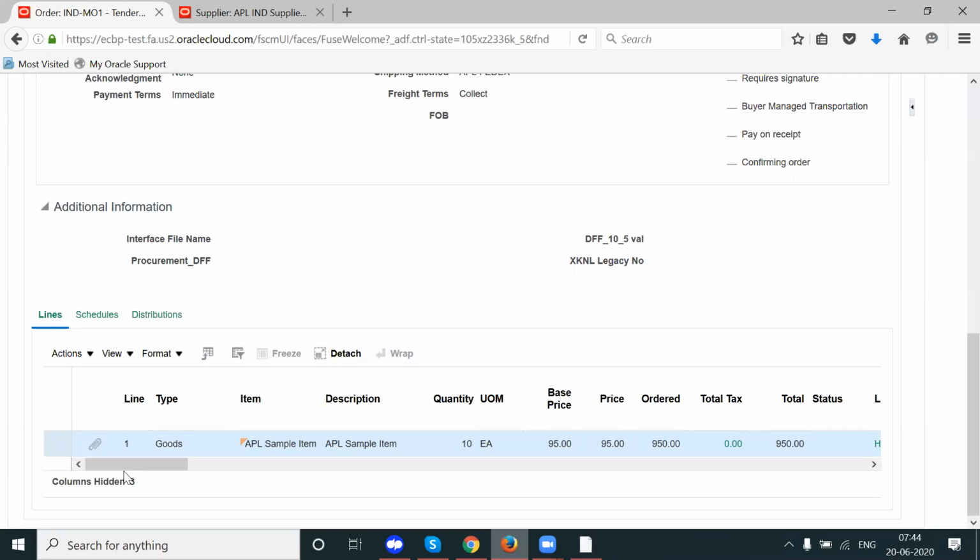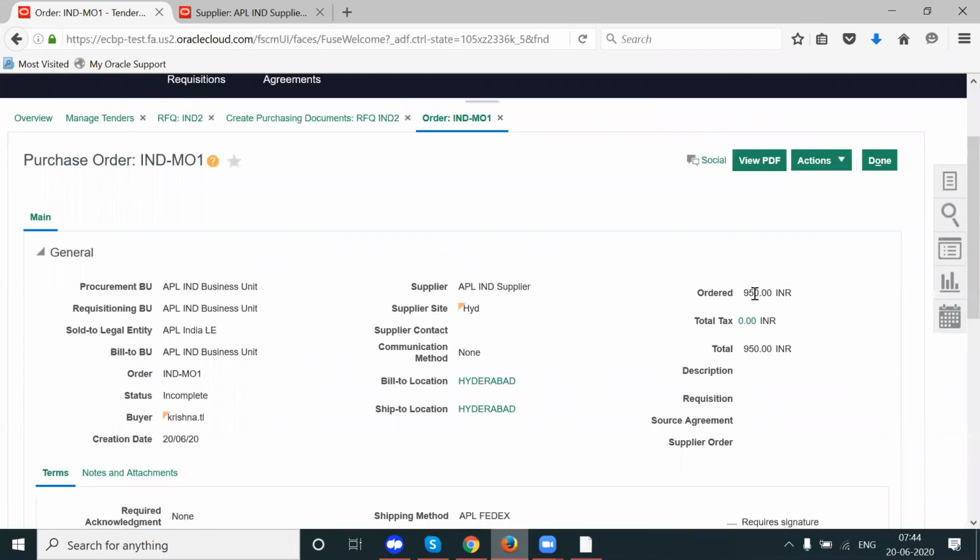Additional cost factors, it is better to display as a separate line. That would be great, because it is displaying as an attachment, not as separate lines, because the cost has to be added to the price, or maybe to the total. The total is also not added. Let me click on edit and see how it behaves. Insurance as a separate line, freight charges as a separate line.